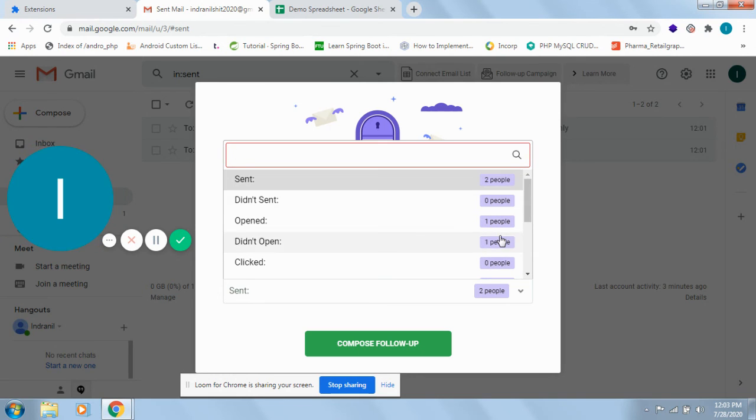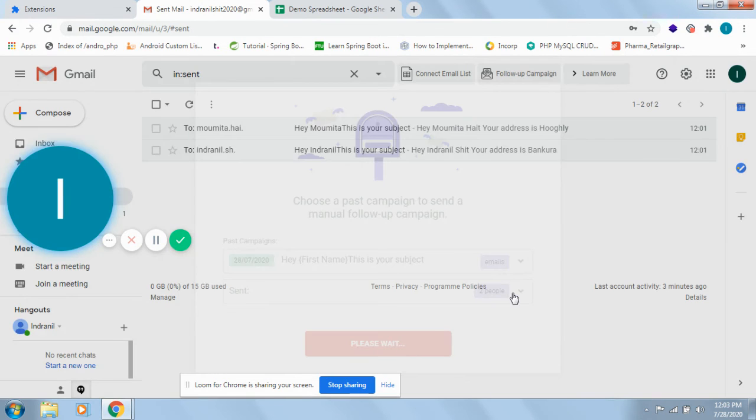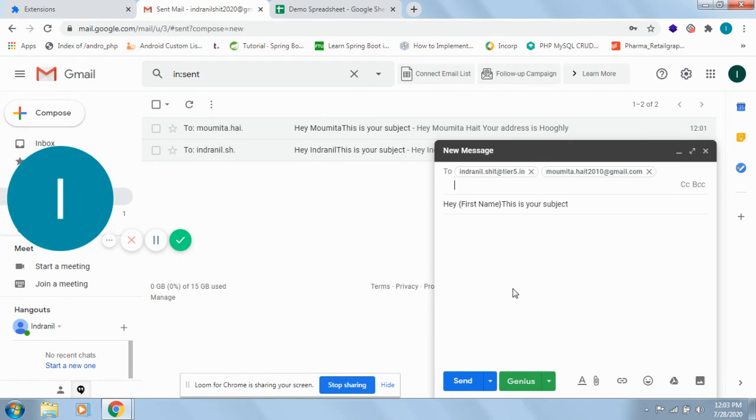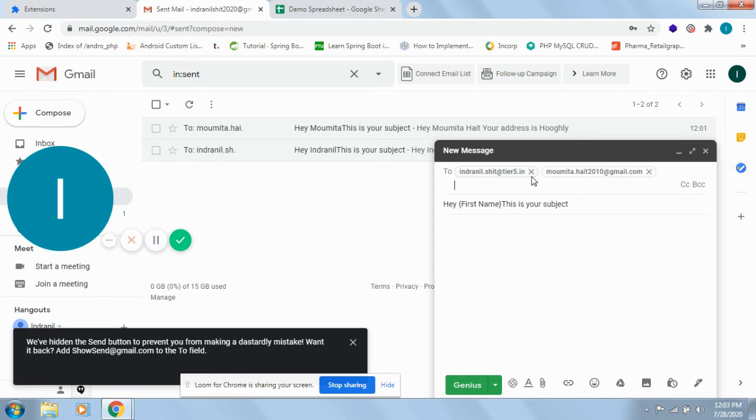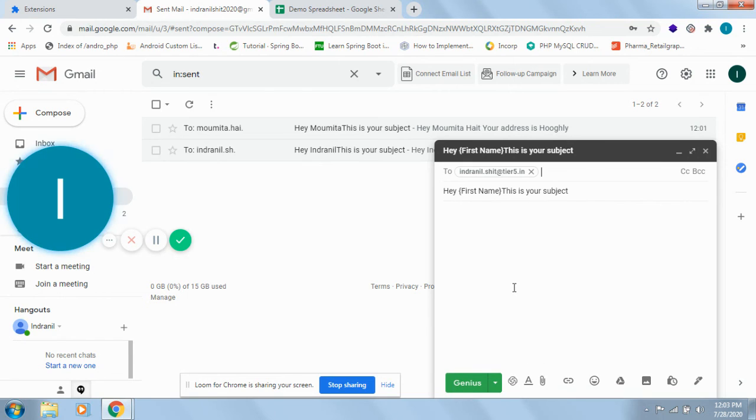Once you select that, those two people, in whichever condition you are selecting, those email IDs will come again, and you can again send the mail to those email IDs in the condition you are looking for. Okay, so you are doing a manual follow up.